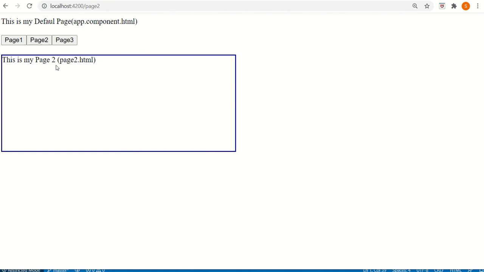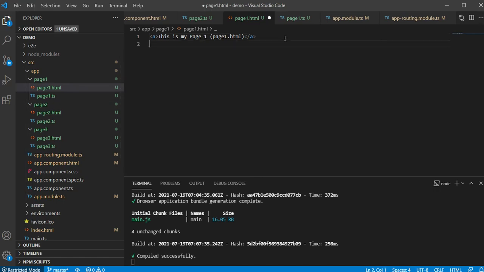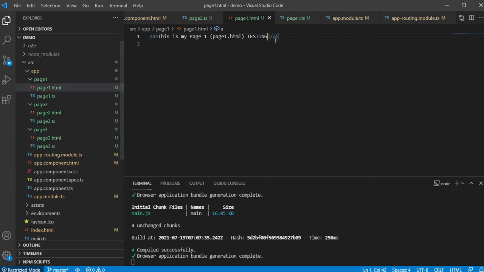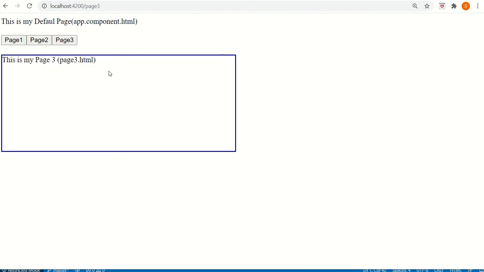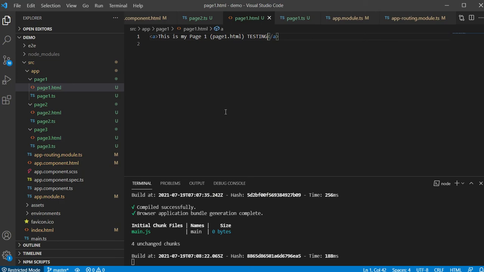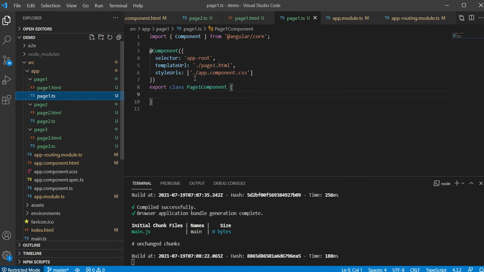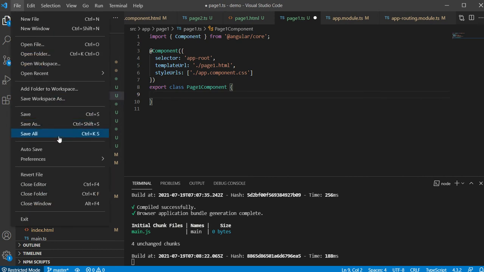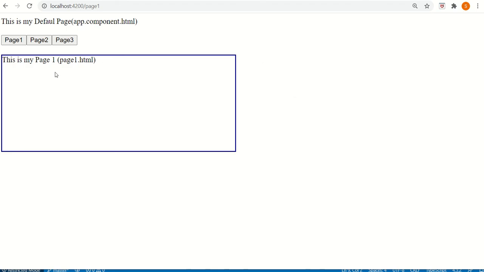Now I click page 2. Now page 2, page 3, page 2. You can shuffle, play around. It will display the content accordingly. This is very cool. Now I change the page 1 content. I add some more text and testing, and then activate in the page 1, and it's running, and you see how well it's running. I have activated, save all. Okay, it's generated, and oops, something happened.